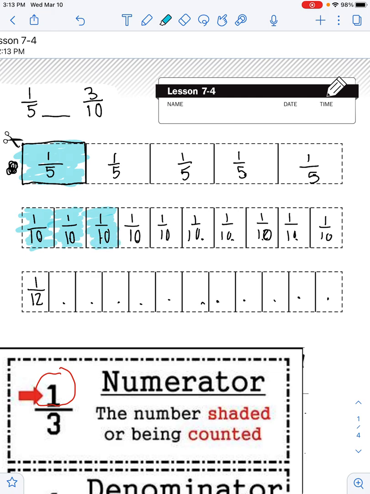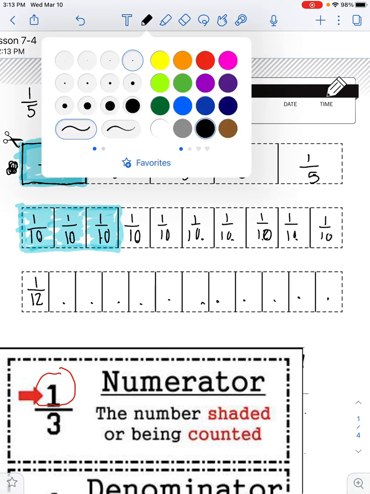Okay, so do you see how this fraction strip is a little bit bigger than this 5th up here? Okay, so what I mean by a little bit bigger is if you were to draw a line going down,